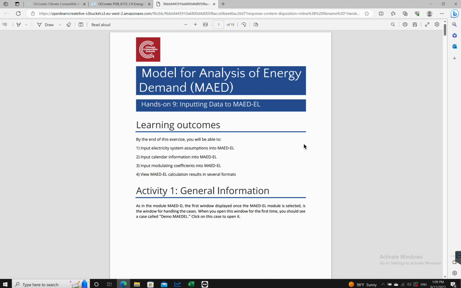Hi, in this video we'll be showing you how to complete hands-on 9, inputting data to the MAED EL model. Just similarly to the exercises that showed you how to input data into the MAED model, this one focuses on the MAED EL model. The learning outcomes have been listed over here, and what we're going to do is go through this hands-on